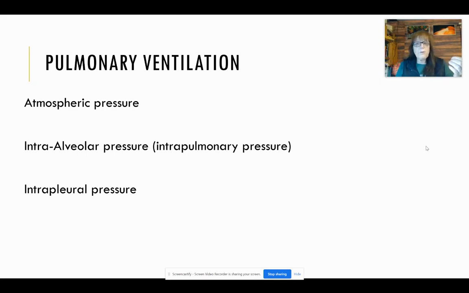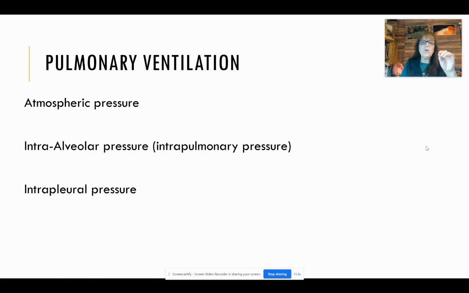Now, atmospheric pressure is the amount of force that is exerted by the gases that are in the air and that are surrounding the surface of, let's say, our human body here. Now, it is expressed in units that are called millimeters of mercury. And 1 atmosphere, or 1 ATM, is equivalent to 760 millimeters of mercury, okay, which is atmospheric pressure at sea